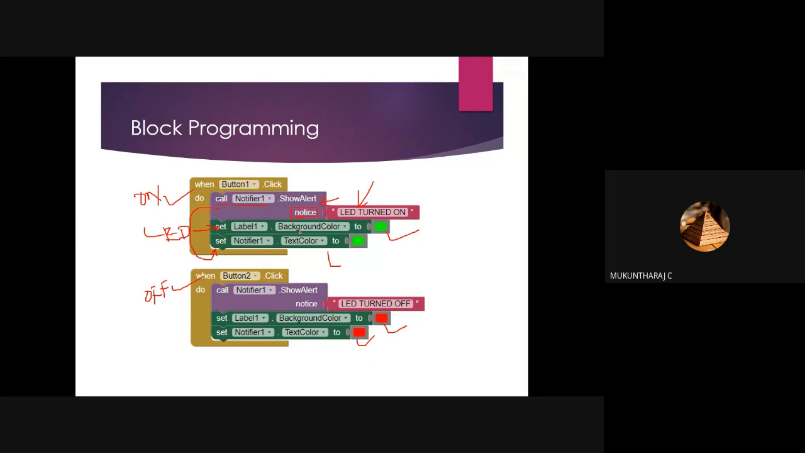Okay, so is that clear? Shall we move on to programming it? Yes. Okay, so